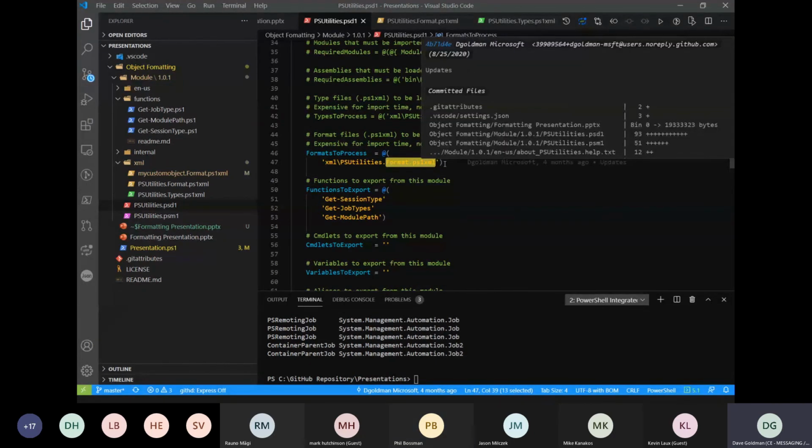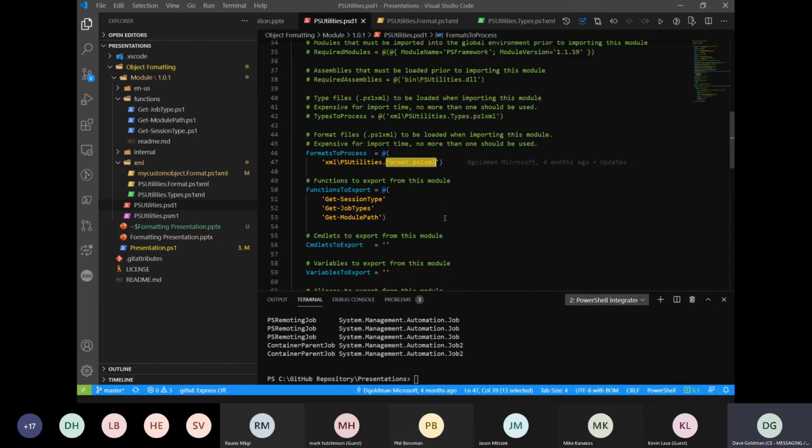So what happens at runtime is when you do an IPMO, which is the alias for import module, it looks at the formats to process, and PowerShell goes to the XML directory and loads this format file into the PowerShell session, which essentially runs update format data and pulls your views into the cache table so you have them.